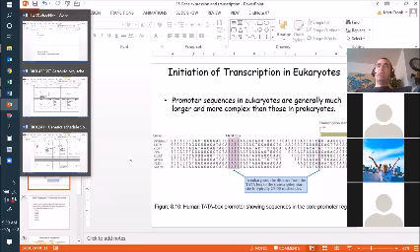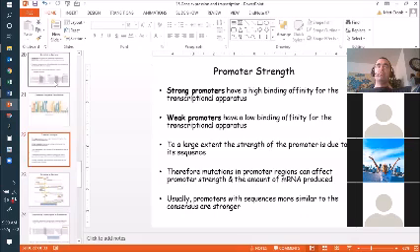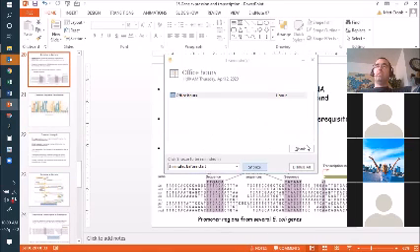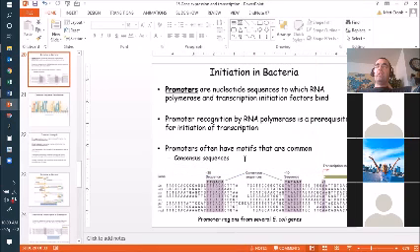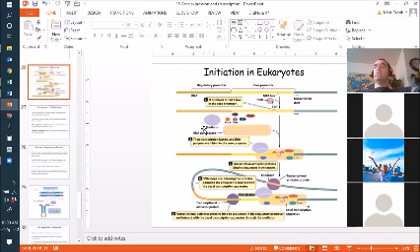Okay. So prokaryotes have a more conserved promoter, but they're a lot simpler in terms of how they are turned on and off. Typically, it's through presence or absence of amino acids or inhibitors or activators. They're relatively simple, right? So you don't have that distinction between the core promoter and the regulatory promoter that you do in